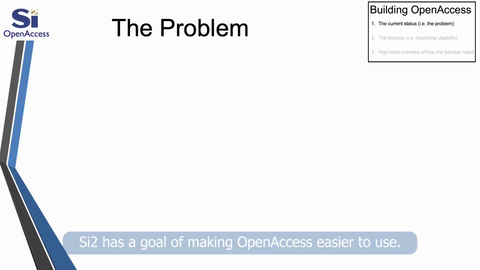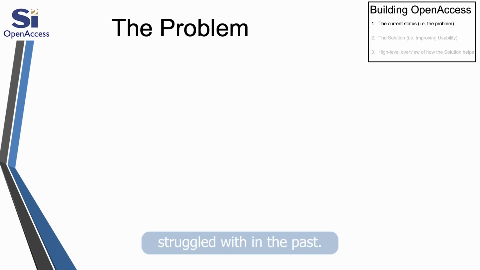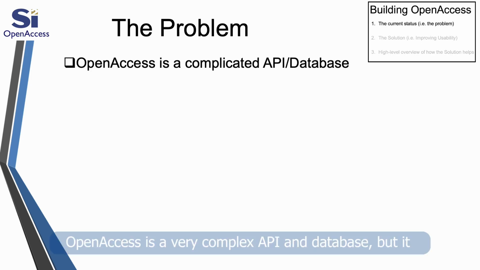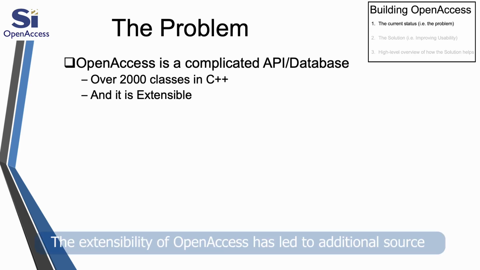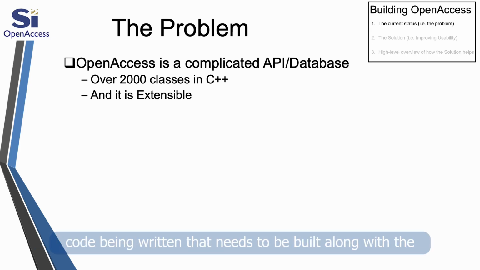SI2 has a goal of making OpenAccess easier to use. Building OpenAccess is one difficulty members have struggled with in the past. OpenAccess is a very complex API and database, but it provides incredible power to application developers. There are over 2,000 classes in the C++ reference implementation of OpenAccess. The extensibility of OpenAccess has led to additional source code being written that needs to be built along with the